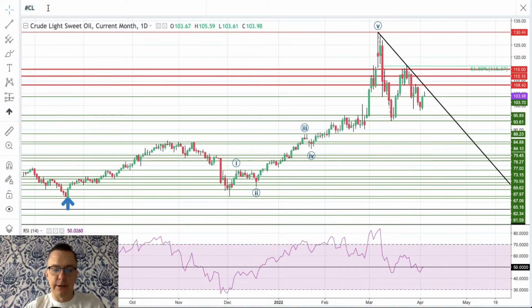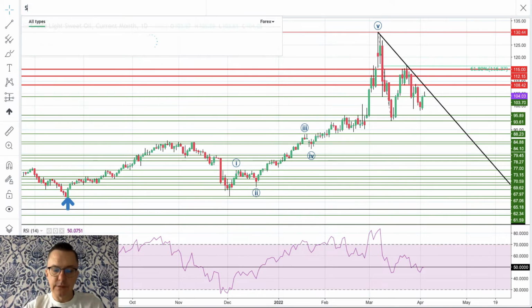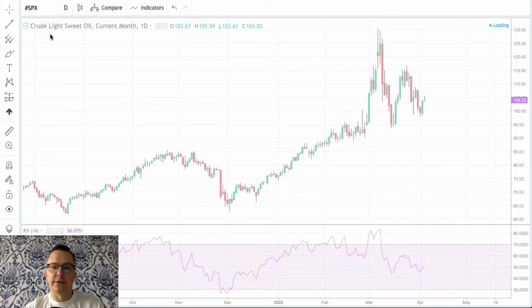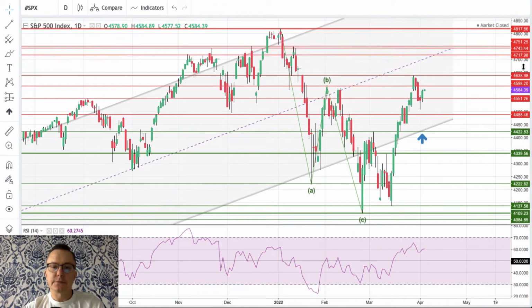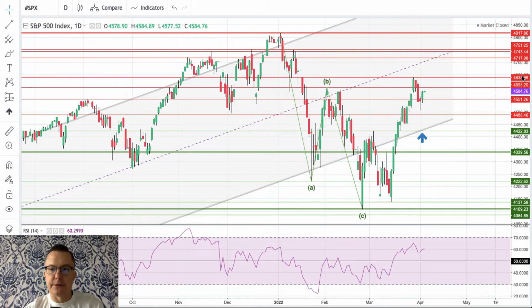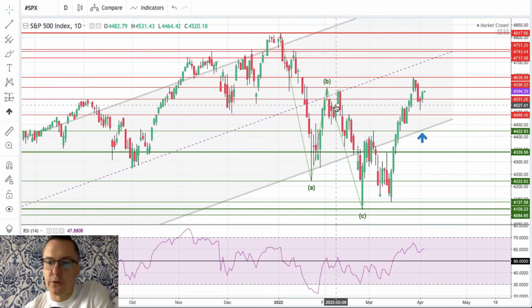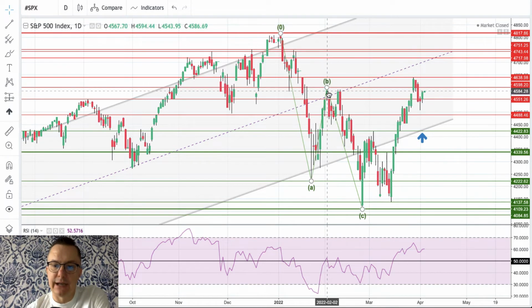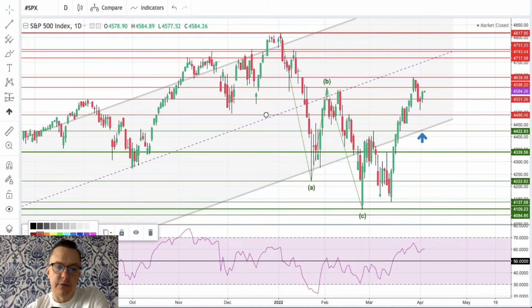How is the market of the SP500 actually doing? Because it's very important to take a look at this market. S&P 500, as you can see, broke above the level of 4,598, which is the high of the wave B. However, the very next day it was just simply retraced. But because of the strong and positive momentum, this market still looks very bullish,